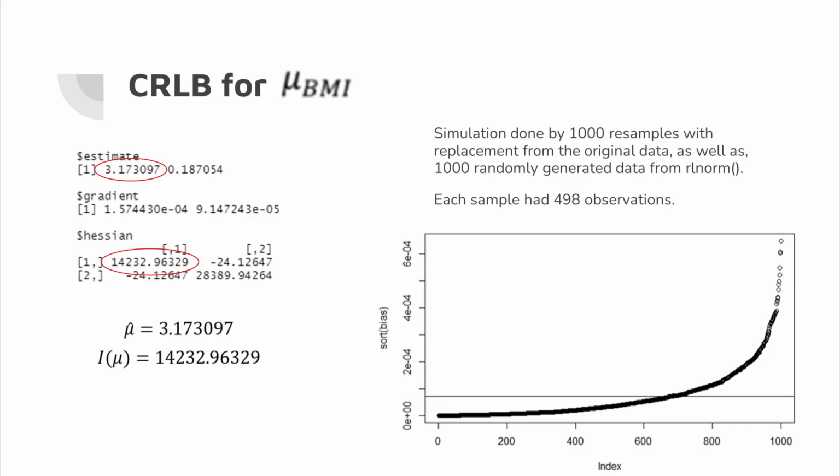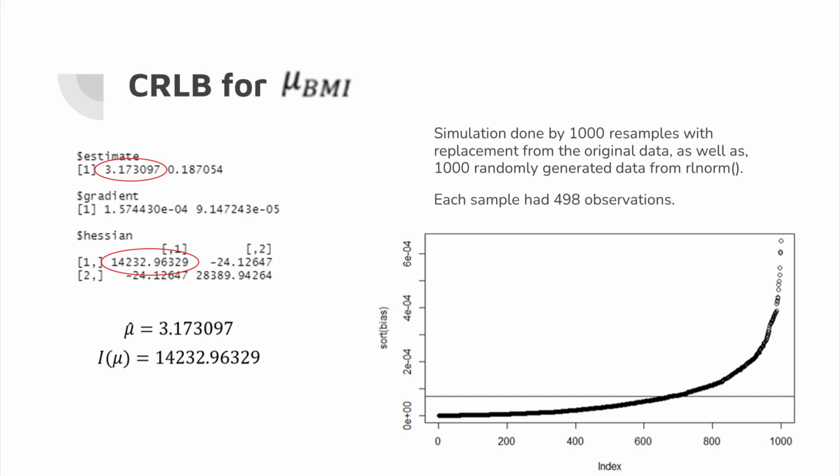In order to get the Cramér-Rao lower bound, we first estimated the BMI average by calculating the derivative of the log likelihood of the probability density function of a log normal distribution, and by calculating the second derivative we can obtain our information matrix. Here we can see that mu had an estimated value of 3.17, and the Hessian for mu is 14,232.96. Then the Cramér-Rao lower bound would be the inverse of this I of mu, that is